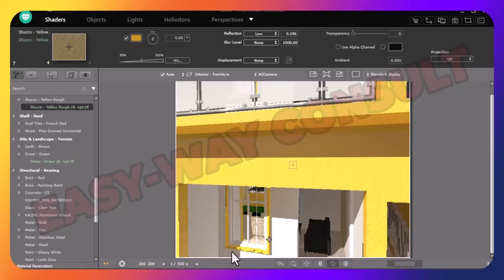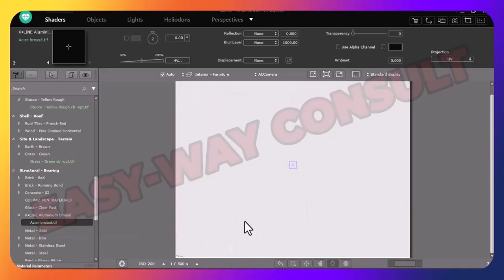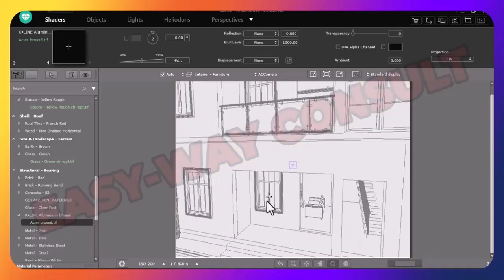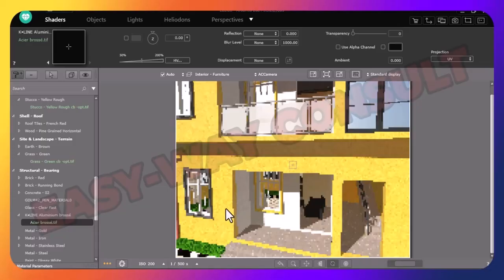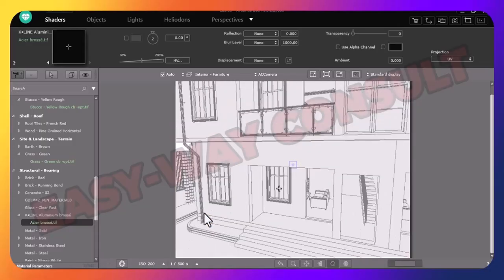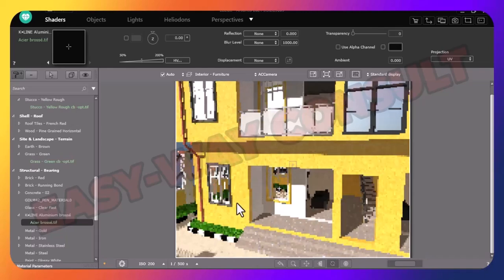Okay, so let's the Armaco glass. You get it. This is, I think, so basically this is how, so you do yours, change your own